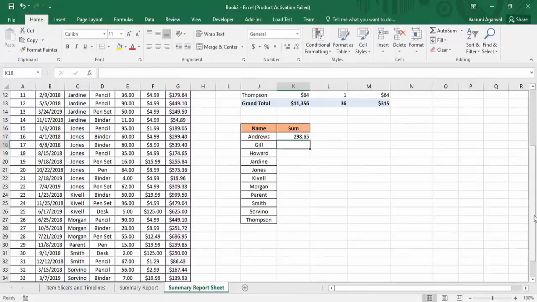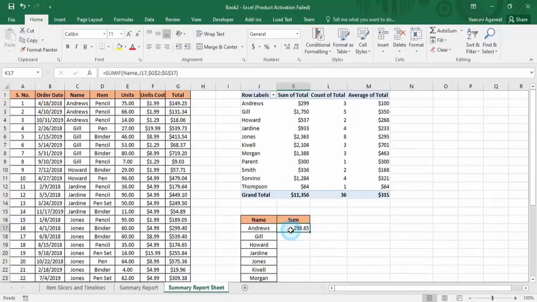So you can see that 298.65 is what we have got, and if we just cross check it with this value, then it is 299 because we haven't included any decimals in the previous one. So let's format it according to that. In the home tab, you can see that here in the number group there is this decrease decimal option. If you just decrease it to 0 and apply this dollar symbol, or you can just go and apply this currency format and then decrease the number of decimals to 0, then you can see that it is exactly equal to the data that we have created from our pivot table.